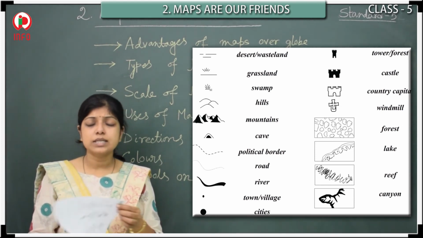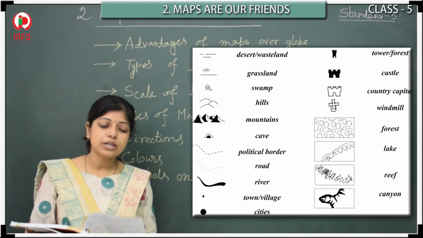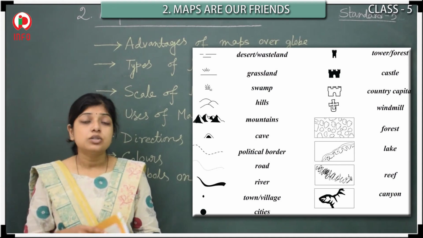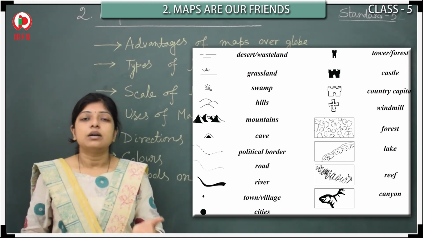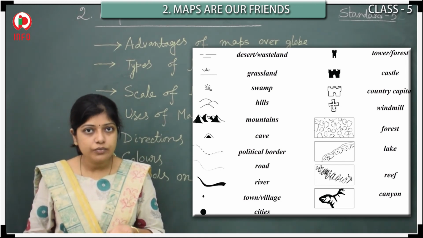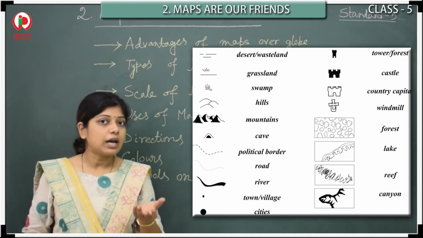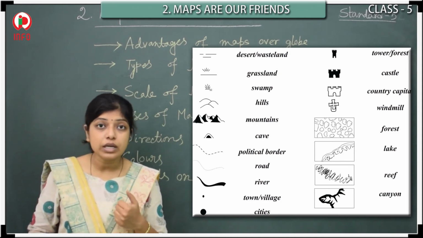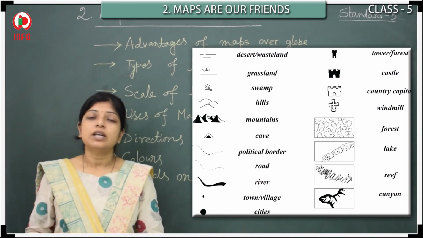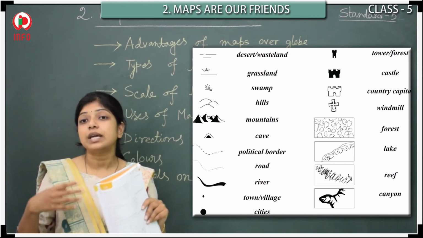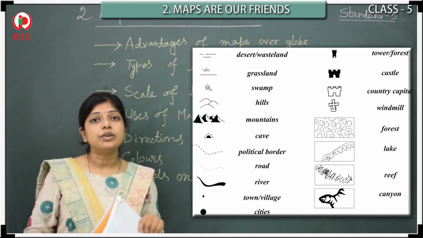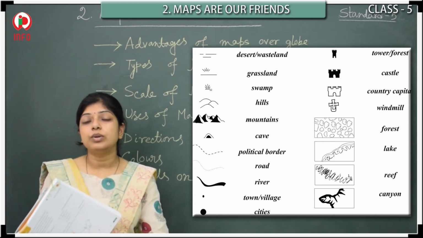So these are the symbols on a map, the different kinds of symbols we learned. So now you can understand. You can tell me whether maps are a friend of us or not. I think yes, they are a friend of us. That's why I told you in the beginning of the lesson that after reading the lesson, you also will agree with